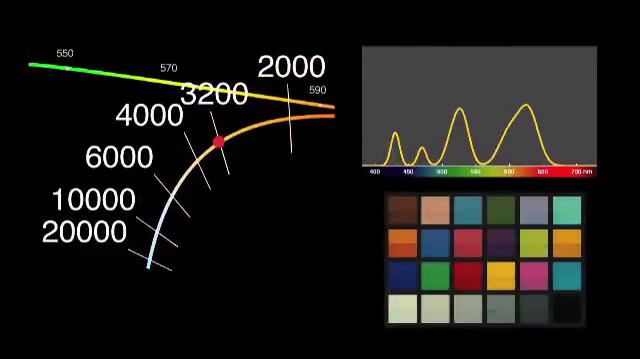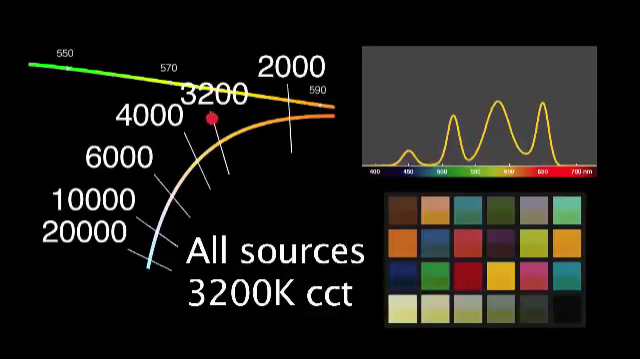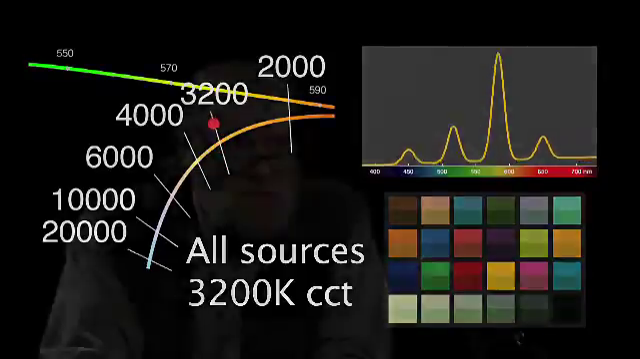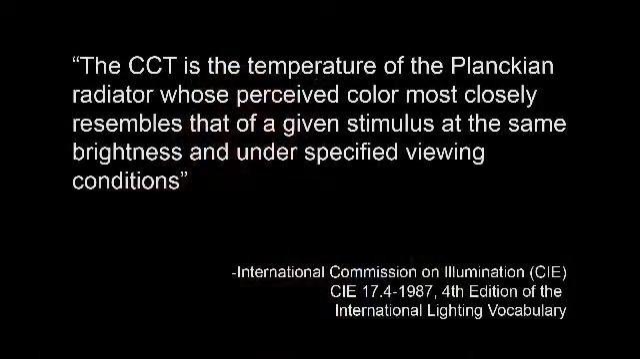Correlated color temperature, CCT, designates the approximation of the color temperature of a sample light, such as fluorescent, to a black body, such as tungsten. Neither the CRI nor the CCT have any relevance to color rendering in photography. The formal definition of the CCT by the International Commission on Illumination is the CCT is the temperature of the Planckian radiator whose perceived color most closely resembles that of a given stimulus at the same brightness and under specified